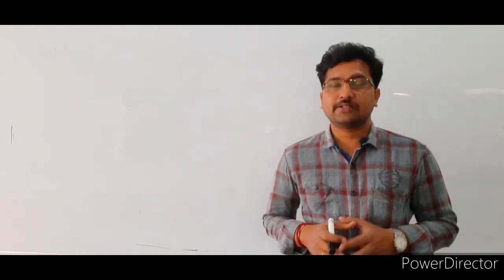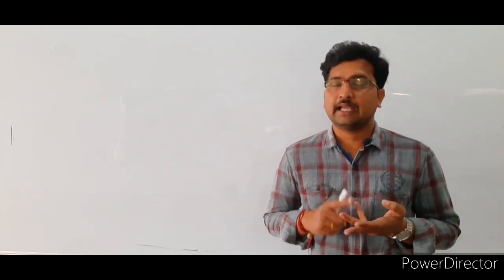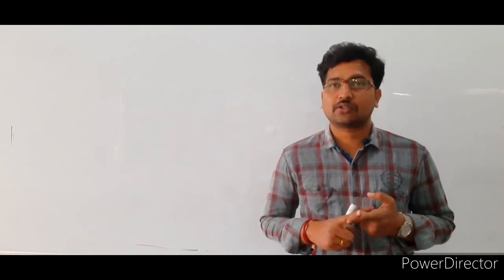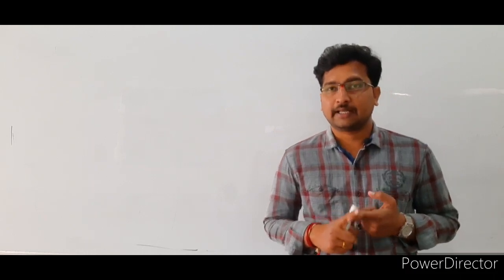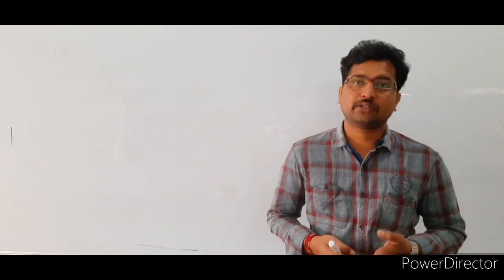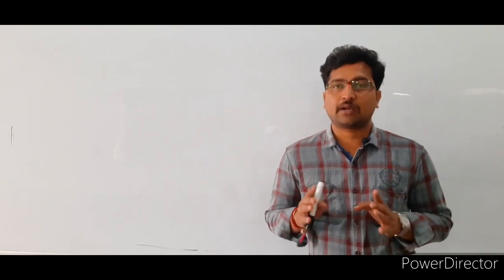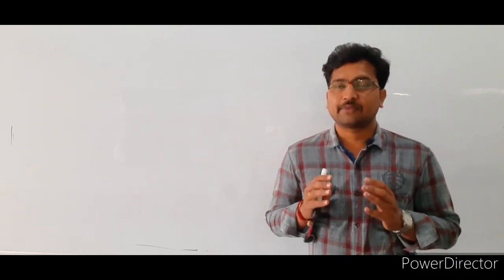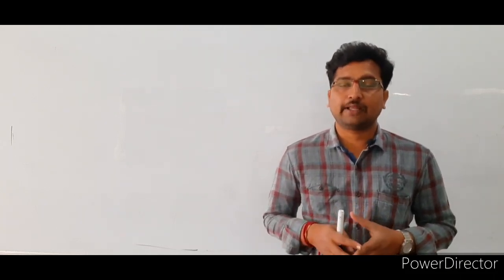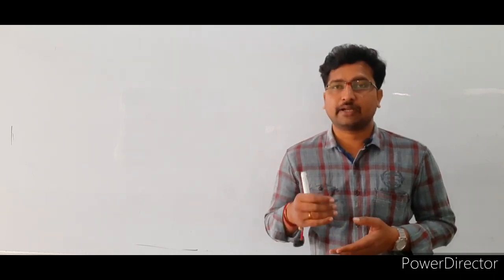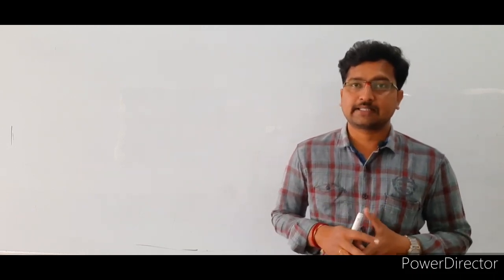Carnot engines consist of the following parts. The first one is the cylinder, the second one is the source, the third one is the sink, and the last one is an insulated stand. The source is a hot body, maintained at a very high constant temperature, and it supplies some amount of energy to the working substance. The next one is the cylinder. The wall of the cylinder and the piston are all made of a bad conductor of heat; only the base of the cylinder is made of a good conductor of heat. And the next one, the sink. The sink is a cold body that maintains a very low constant temperature, and it absorbs the rejected heat from the working substance.